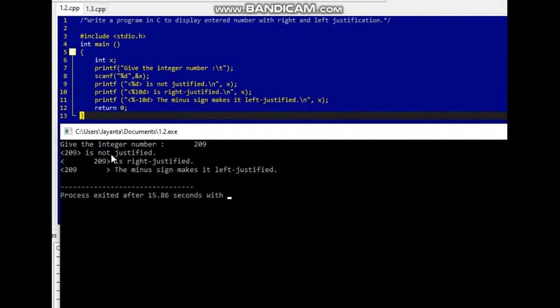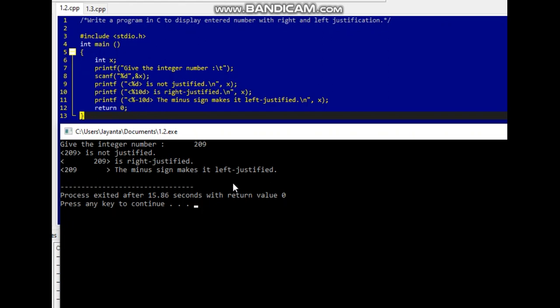This is not in any justified form, and giving %10d, it gives like this. This is in right justified form, and in left justified form we have got that with %-10d.